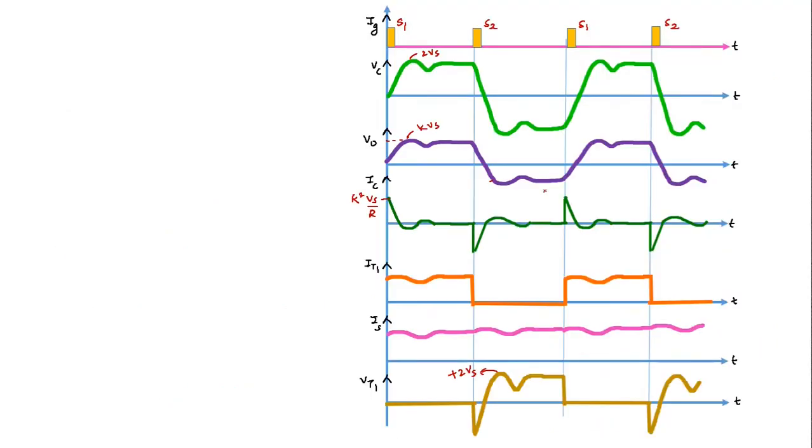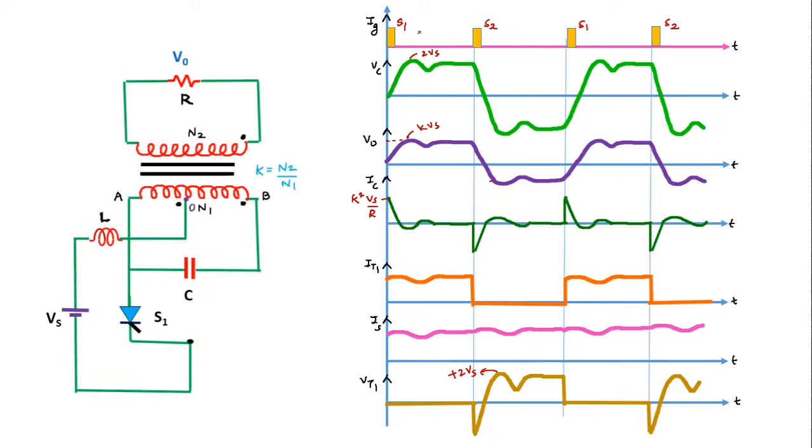Now we will understand the output waveforms of this basic parallel inverter. First we will consider when we fire this S1 SCR. This is the circuit diagram. As soon as we fire the S1 SCR, source current starts flowing in the circuit. When source current starts flowing in the circuit, this capacitor starts charging. So this capacitor will be charged to a maximum voltage of plus 2 Vs with B point positive with respect to A point. This polarity of the voltage across the capacitor will be taken as positive, with the right hand side plate positive with respect to the left hand side plate.